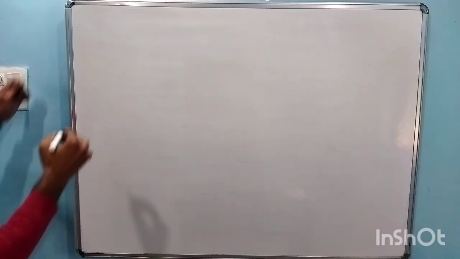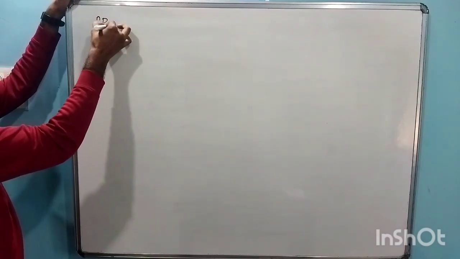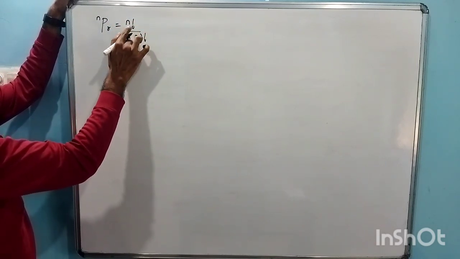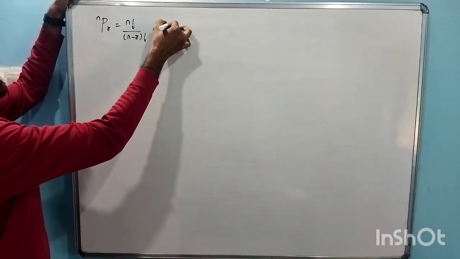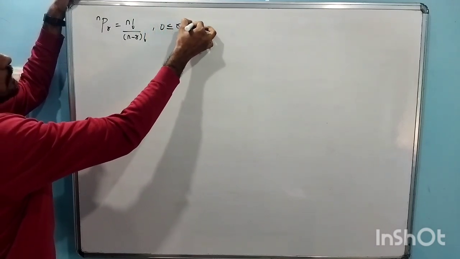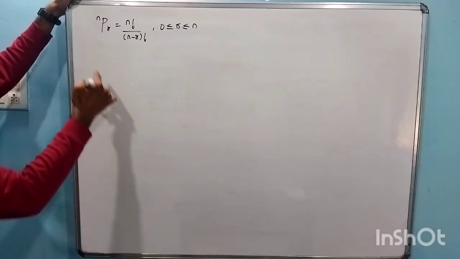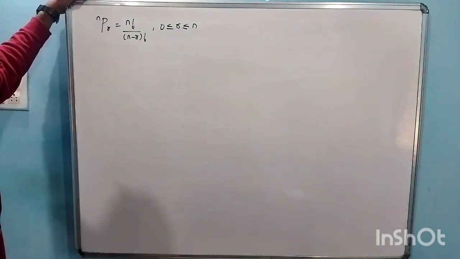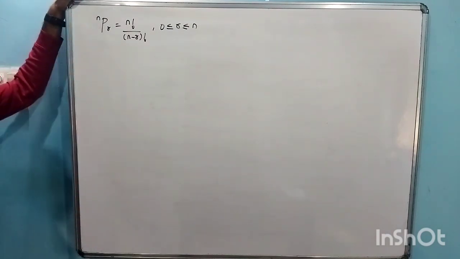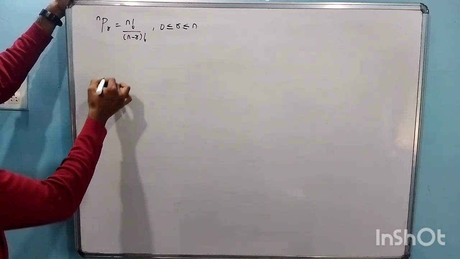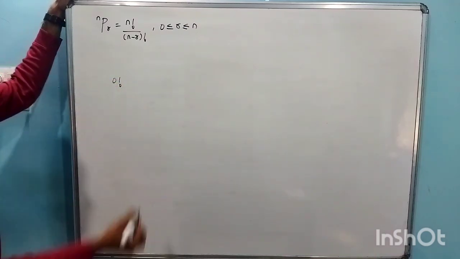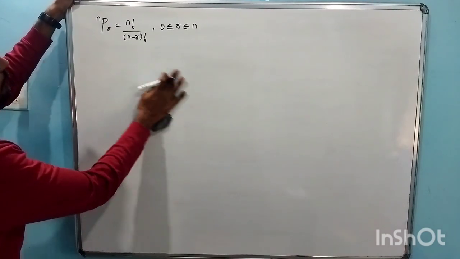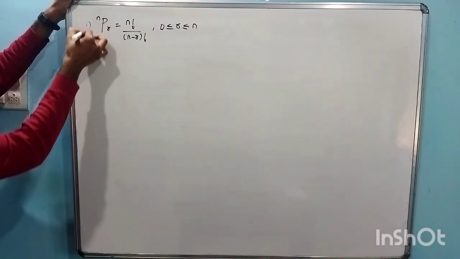Okay. So what is the formula that you have learned? nPr is equal to n factorial upon n minus r factorial. Just remember that r is from 0 to n. Okay, so it's like selecting 0 objects out of n objects. That is also possible. Okay, like the 0 factorial, selecting 0 objects, taken 0 at a time, like that. Okay, so we'll see some properties of this first one, and this second one is nPr.